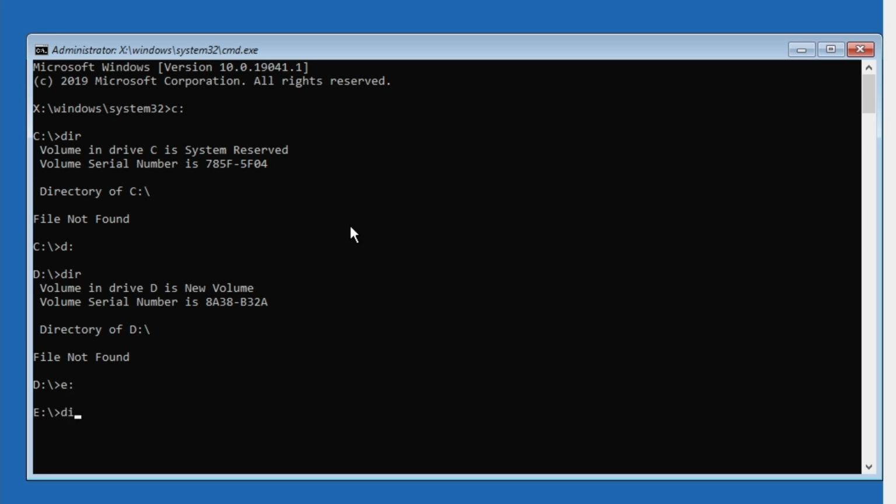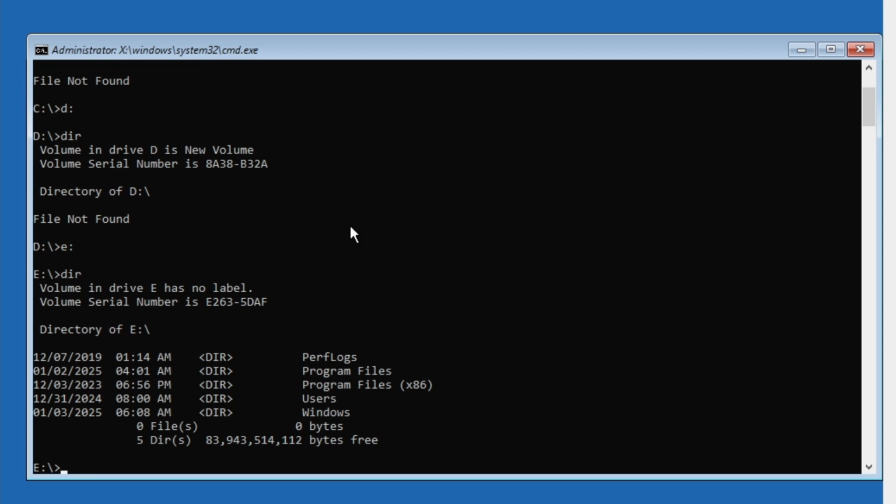So I'm going to try this one on E. As you can see, when I typed E and two dots and then DIR, which stands for directory, I have program files and users, and here's the Windows. So it means this is the one that is installed. So now the next command we need to type here is this one,